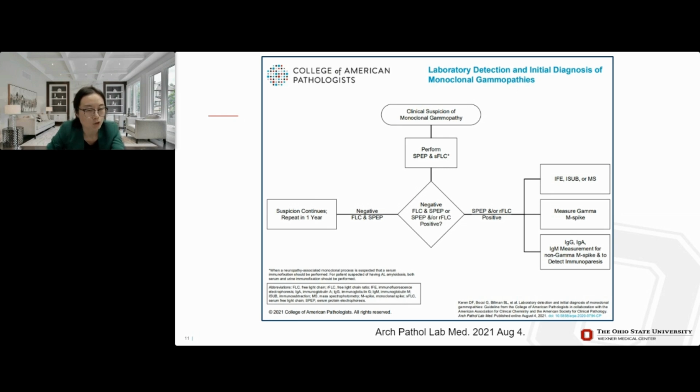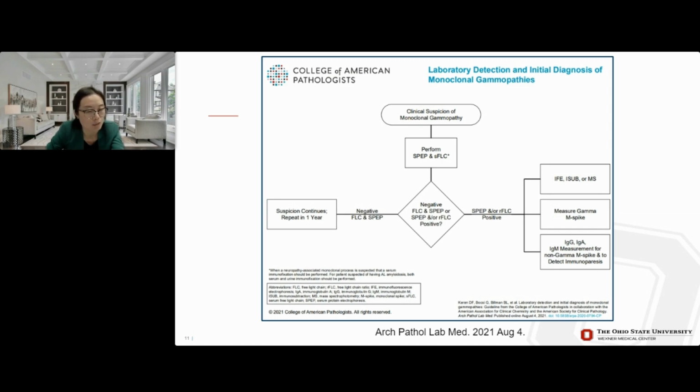With the new technology development and implementation, and also with the understanding of both analytical and clinical challenges of this method, in 2021, CAP published the recommendation on laboratory detection and initial diagnosis of monoclonal gammopathy. In this recommendation, we can see if there is clinical suspicion of monoclonal gammopathy, both protein electrophoresis and serum light chains should be ordered. If none of these results are positive, the test should be repeated in 1 year if